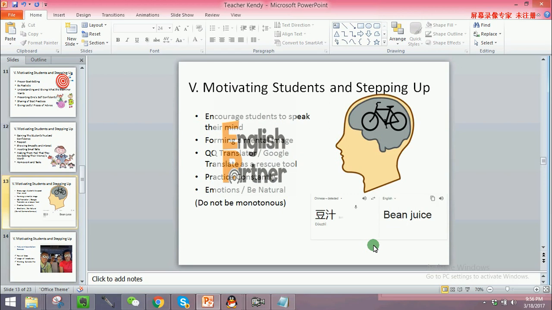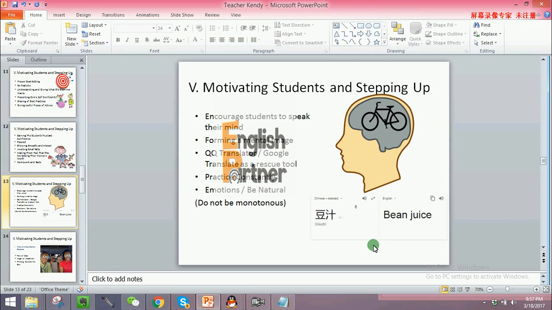Generally, constant practice is what all students need. So I encourage them to have classes as often as possible and on a daily basis, if possible. Speaking is also not just about what you say, but how you say it. So I persuade them to add their feelings or emotions when speaking for them to sound more natural